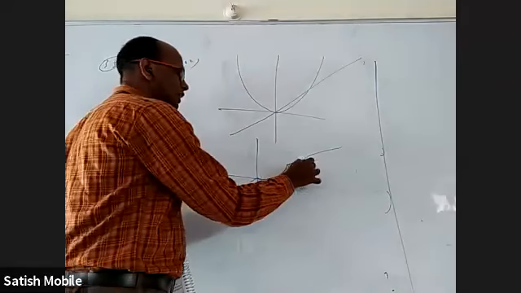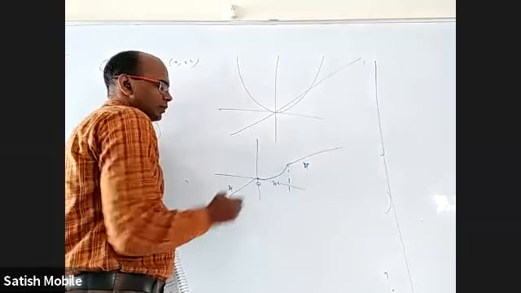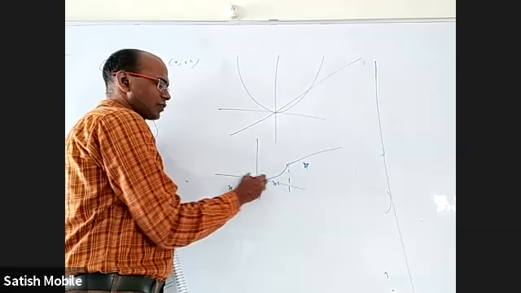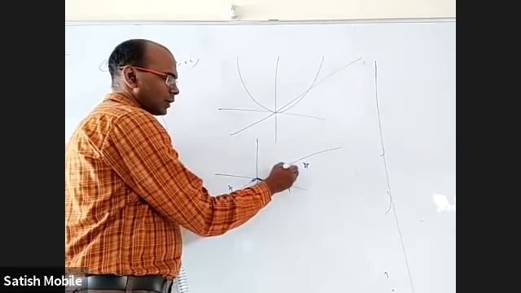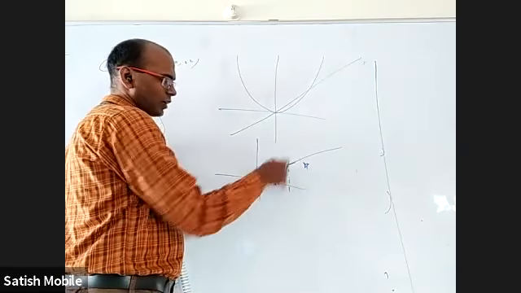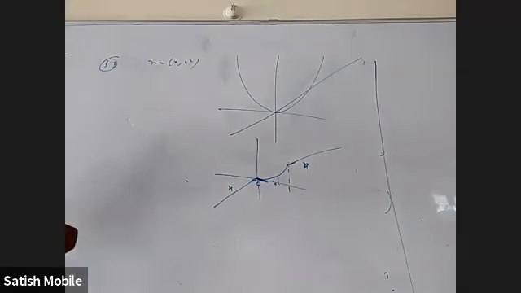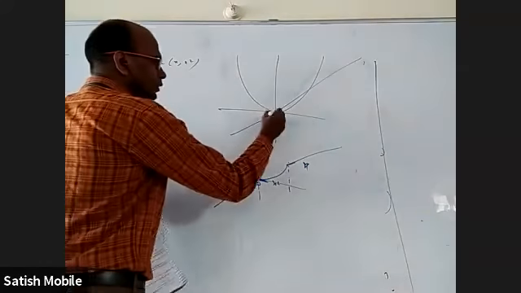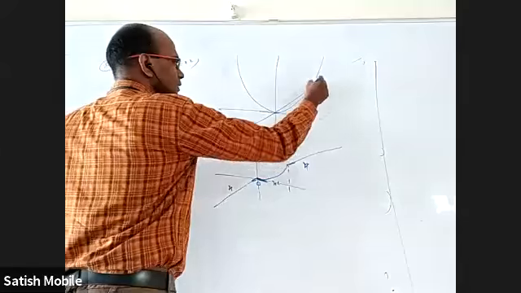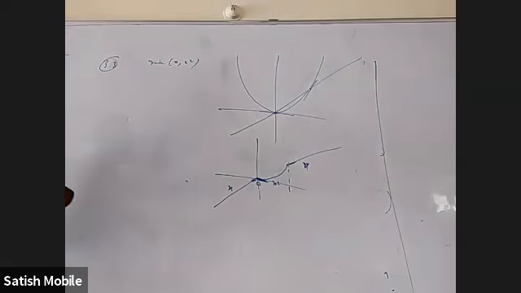You can easily see it's continuous and it's not differentiable here and here, because here the right hand derivative is 0, left hand derivative is minus 1. Here the right hand derivative is 1 and the left hand derivative is something else. From the figure only you can say the tangent here is different from this, the tangent here is different from this. It is not differentiable. So at 2 points it is not differentiable, which are 0 and 1. And they said it is not differentiable at 1, it is right. The second statement is related to this topic.